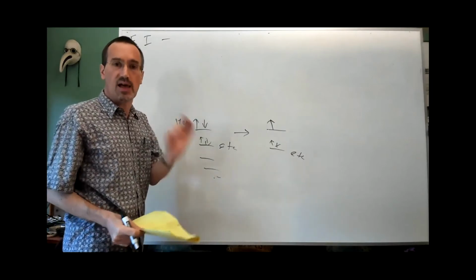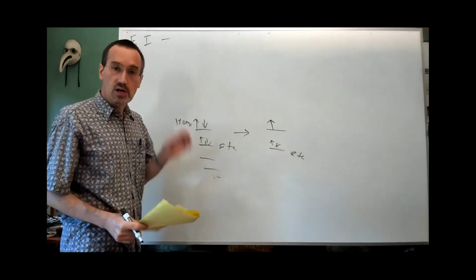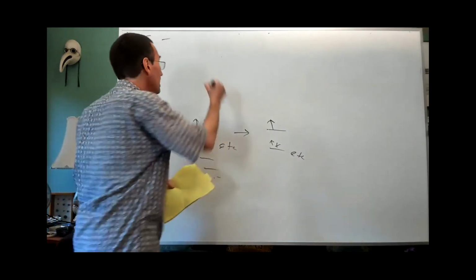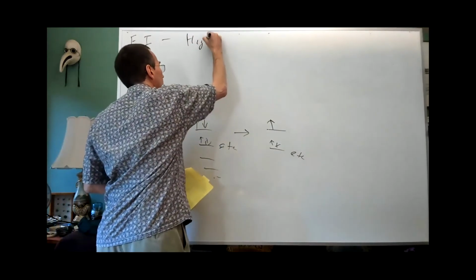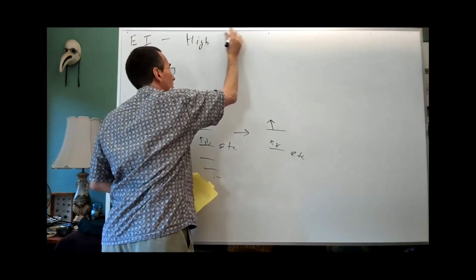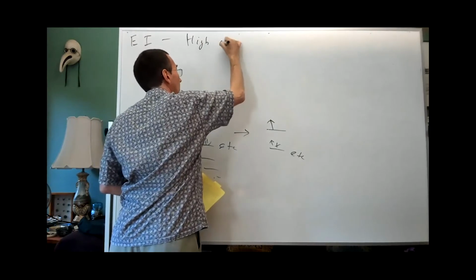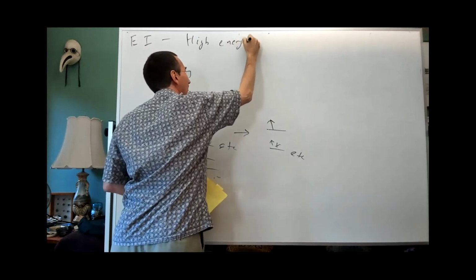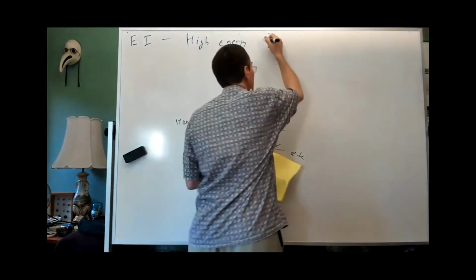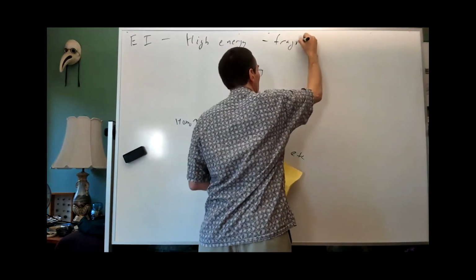So you've put in a lot of vibrational energy, which effectively is heating it. So you have a molecule that's already been weakened by the loss of an electron, and it's high energy, it's hot. And so you get a lot of fragmentation,